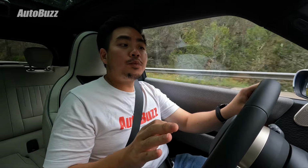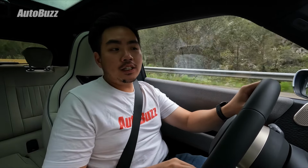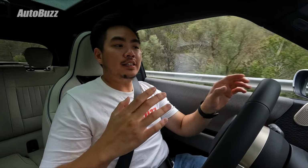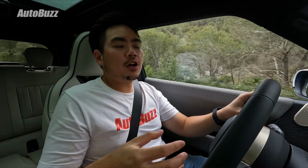But the biggest improvement for me on this car is the regen braking. Now, on the previous generation model, the brake pedal is completely mechanical, which means the regen braking is tied to your throttle pedal, and every time you lift off from the throttle, you're just immediately bogged down because it defaults to high regen. Now on this car, they finally added something called brake blending, which means there's now a computer controlling how much regen braking you are getting every time you step on the brake pedal,